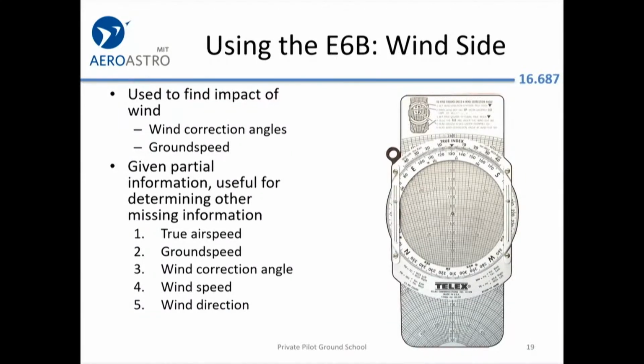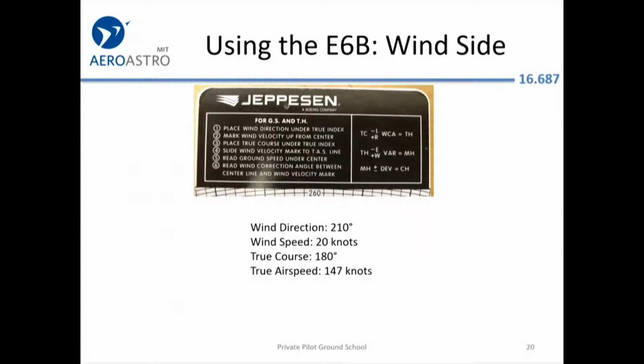You can get your ground speed and your wind correction angle. That's the most important thing. So this one is hard enough to use that they actually put the instructions right on the top, here on the back of the E6B. So they say, place the wind direction under the true index. We'll go through this. Anyway, the wind's from 210,